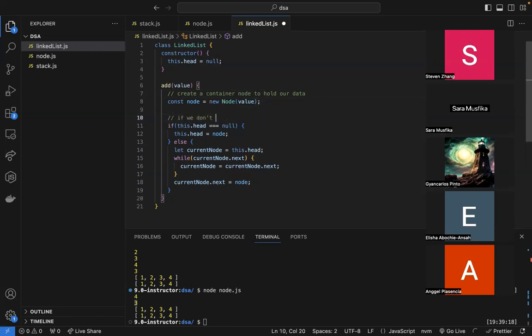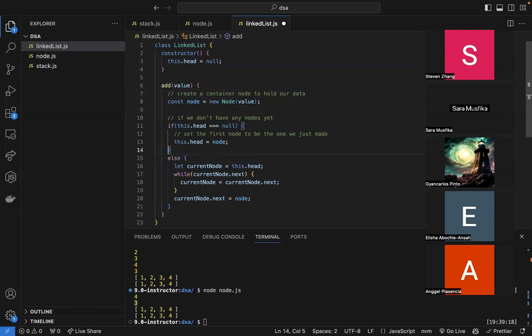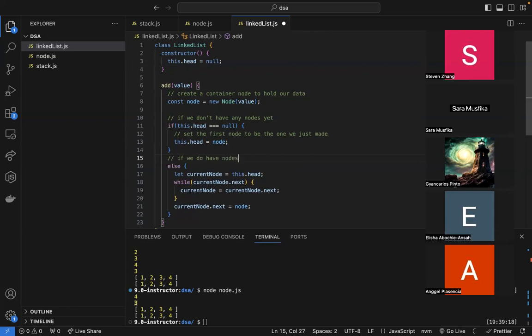If we don't have any nodes yet, set the first node to be the one we just made. Otherwise, and actually let me put this on a separate line so it's easier to comment. If we do have nodes,